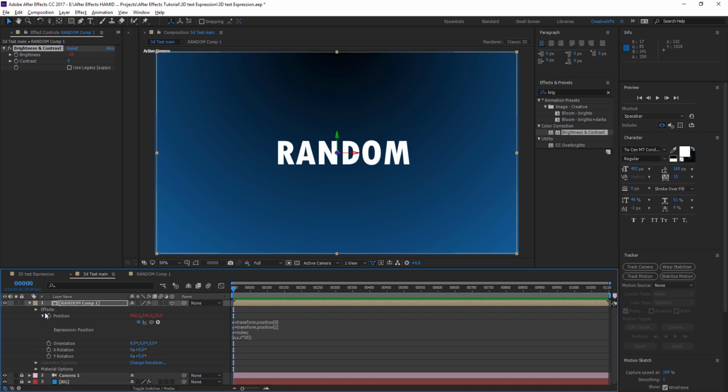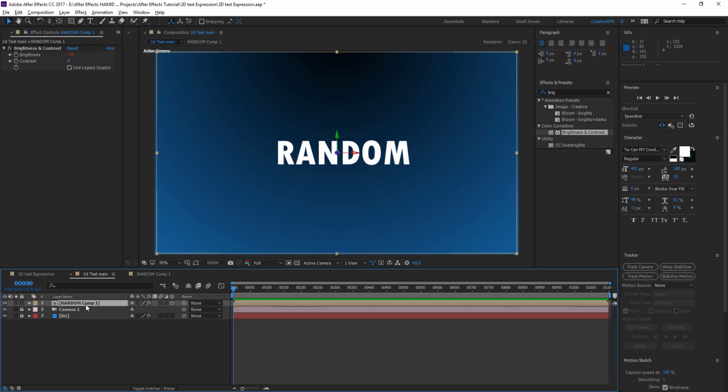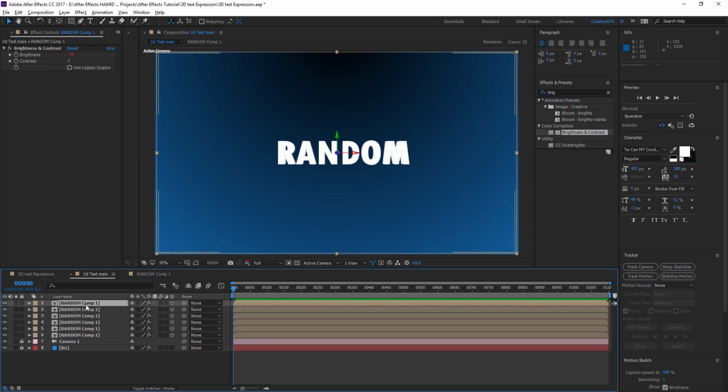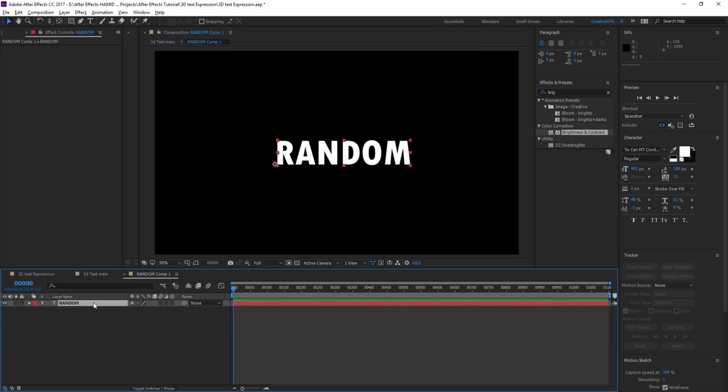Okay. So now we have these two. So now we need a bevel, but after we have duplicated this a couple of times. So check your random comp 1, duplicate it, and as we duplicate it, look at the edges here. You can see we're getting the extrusion effect. So let's go back to random here.